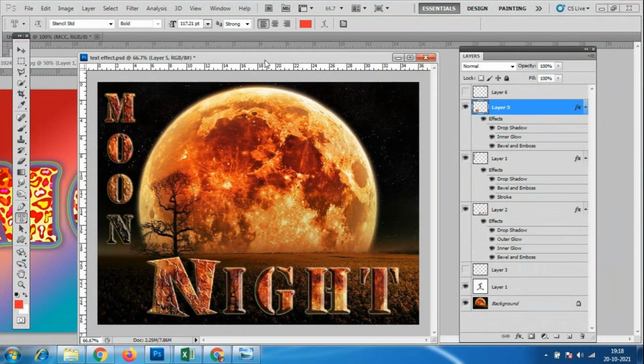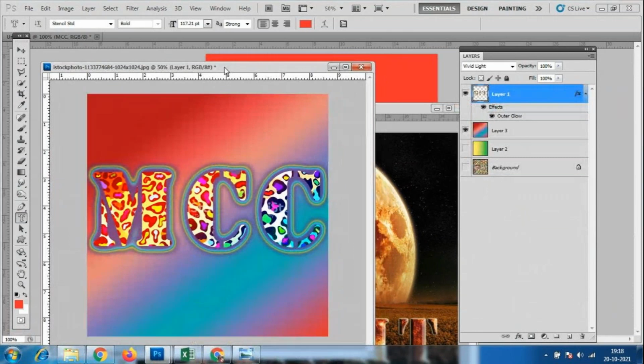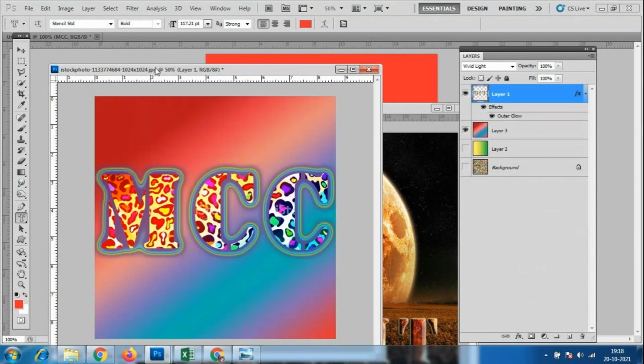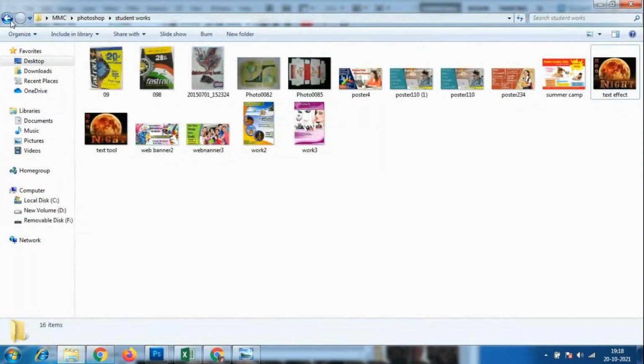Everybody try all these effects, blending options and all, and this masking. I told you about the masking also. If you want this kind of texture, like this zebra texture, or any of the textures you want, you have to download the textures from the internet.